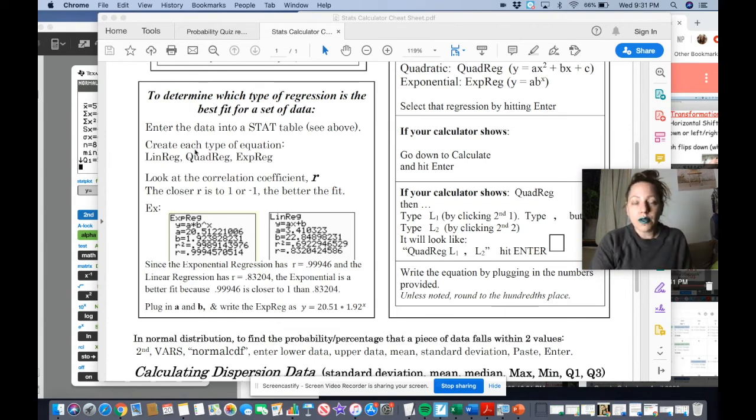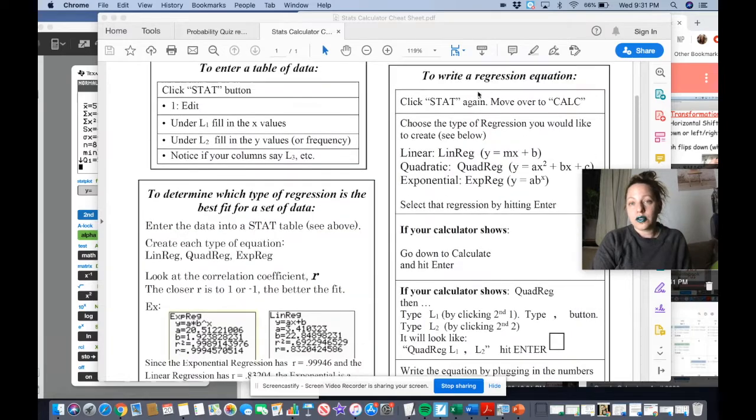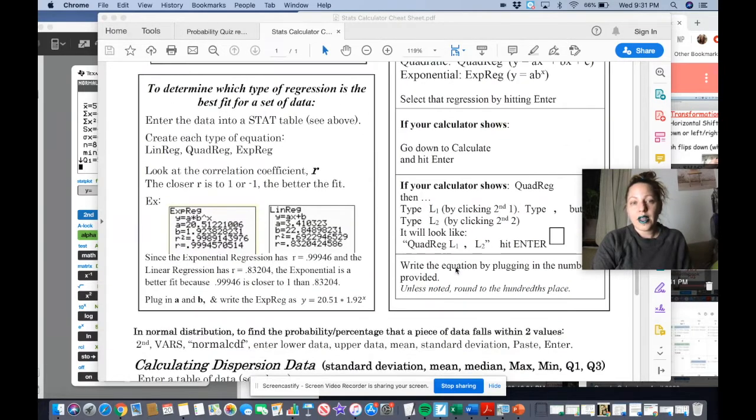So the way you do that is you're going to create each type of equation using the steps that it says right here. So a linear, LinReg, linear regression, quadratic, QuadReg, quadratic regression, an exponential, ExpReg, and you're going to